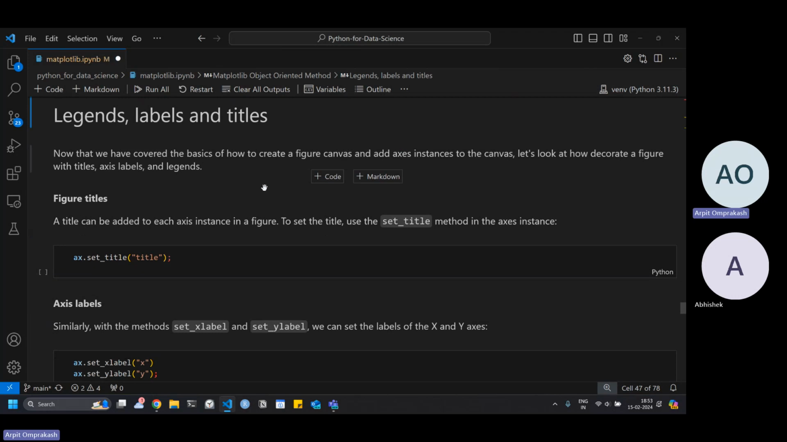Now that we know about the basics of how we can create a figure, how we can add axes, let us look at how we can decorate a figure with axis labels and title we saw before. How can we, most importantly, add legends to our plot? Okay, so